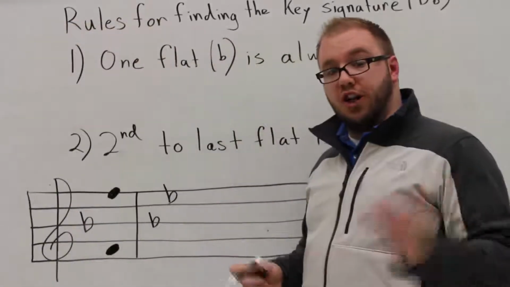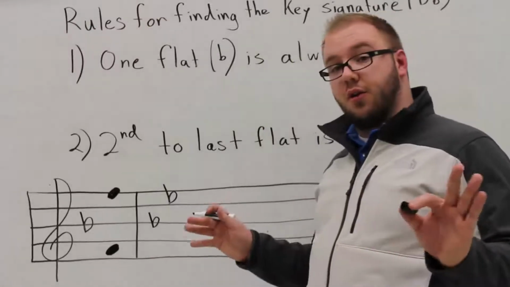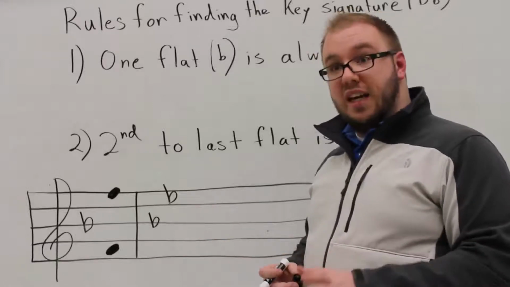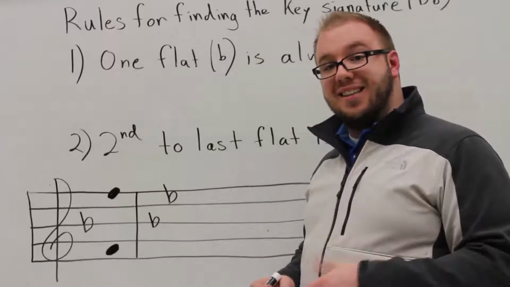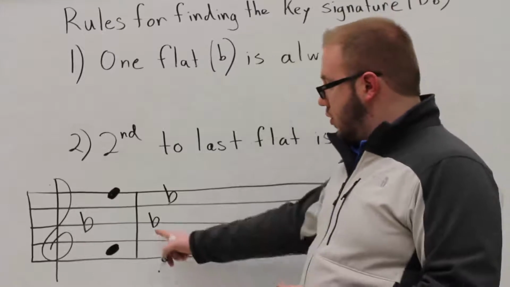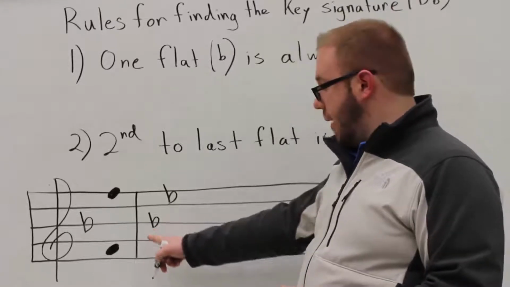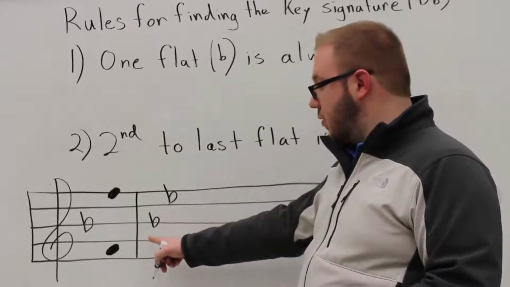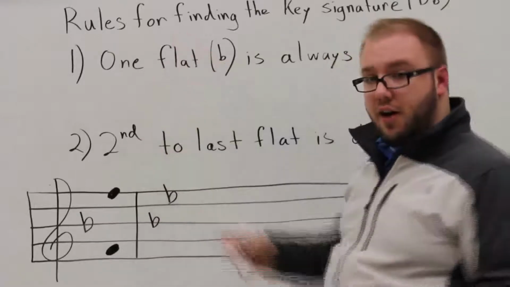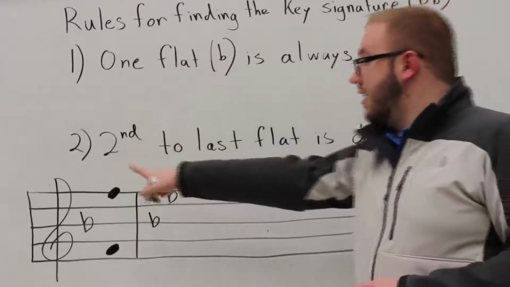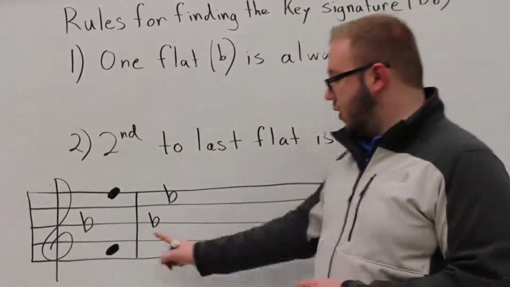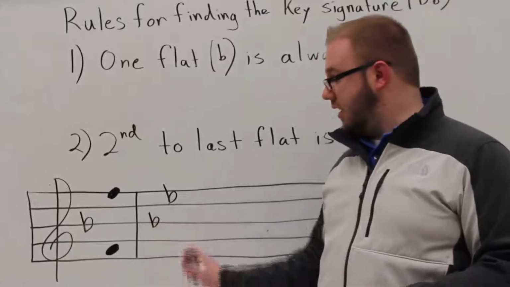Now, we're going to use the mnemonic device that we learned about earlier. So remember, BEAD, greatest common factor, GCF. We'll use that here. We have to remember the order is BEAD. So we have the first two letters of BEAD, B-E. Now, to find out Do when there's more than two flats, the second to last flat is Do, that's the key signature. So we go to the second to last, which in this case is really easy,